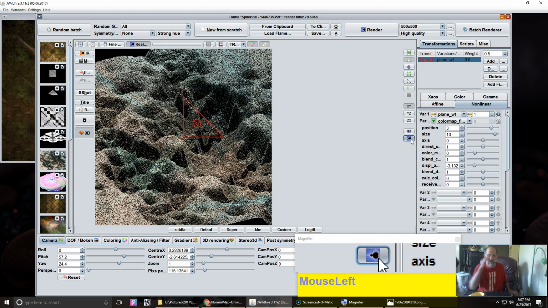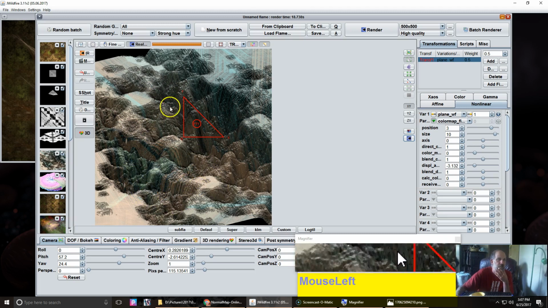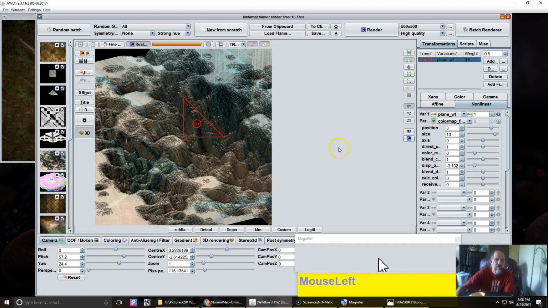Do a quick render on that. That looks good. That looks really cool. I like that. Looks like it could be a canyon with maybe a river coming through it. And then, like I say, you could also